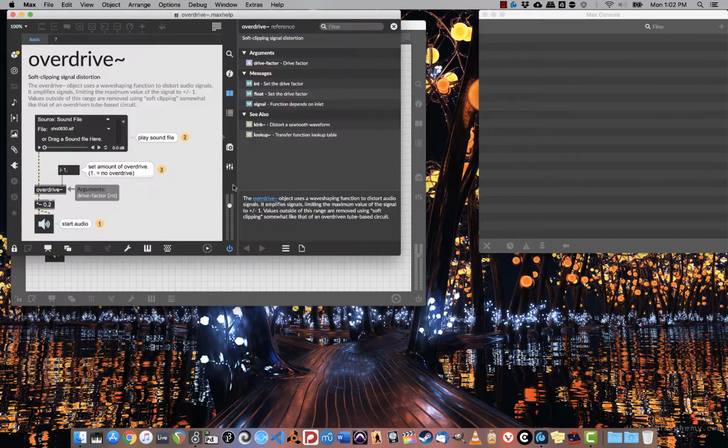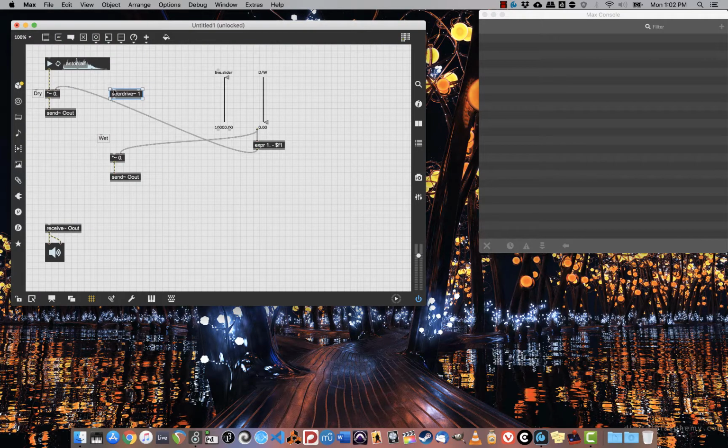If I take a look at the help file, this tells me that it does distortion of audio signals. It gives it just a nice kind of pseudo tube-based type sound. 1 is no overdrive. That's why I'm specifying that as my initial value. You can get some really funky values here. So what I like to do with this to get anything from moderate overdrive to really screaming overdrive is to